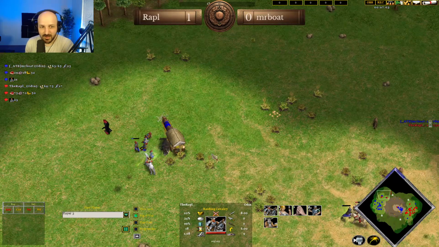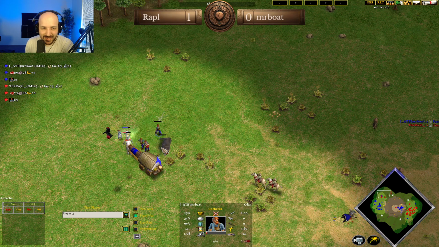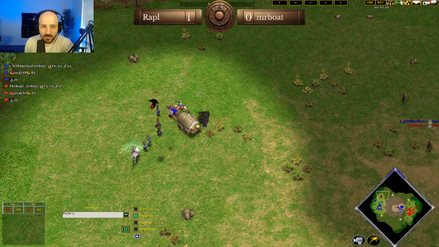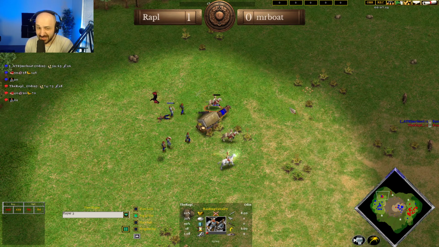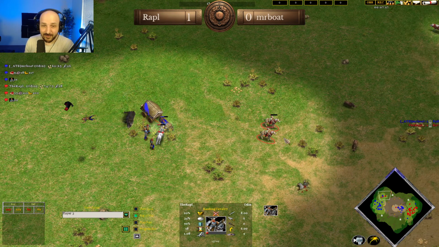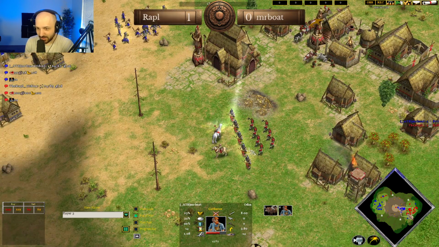As Mr. Boat, he's not paying attention here. He's about to lose another villager. Can he pull that one back? He does manage to pull that back, as the raiding cavalry are going to come in here to start harassing yet again. We will be seeing the raiding cavalry managing to get straight onto that low HP villager, taking that one out as the raiding cavalry pull back. And guess what? TheRapl can re-heal that low HP raiding cavalry if he so chooses, as the villager's still getting